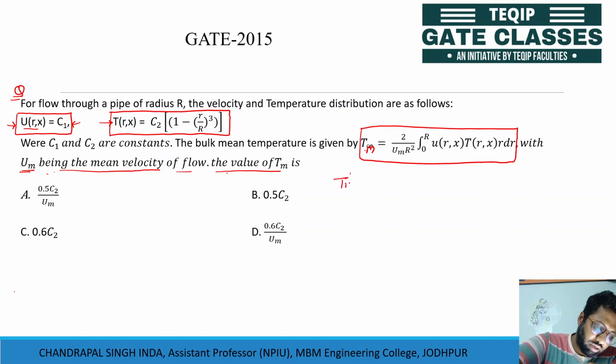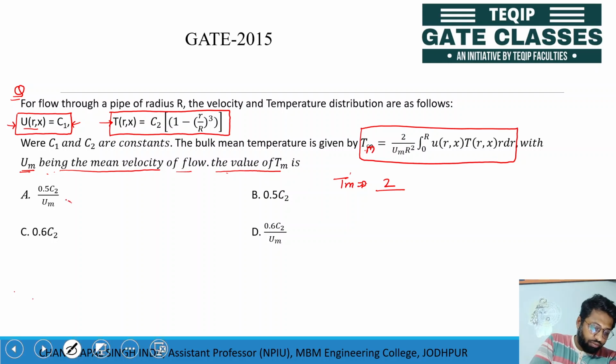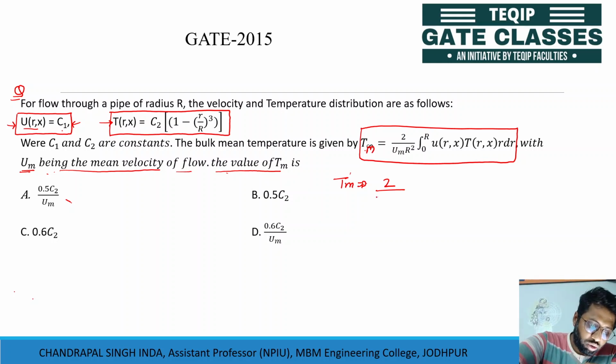So Tm, the bulk mean temperature, is equal to 2 by... Here u mean will be equal to a constant as velocity is not varying. If it is given in this question that velocity is varying in the radius direction, then we have to calculate the value of the mean velocity. In that question we would be required to find it. So here the mean velocity will be equal to C1 multiplied by r square,